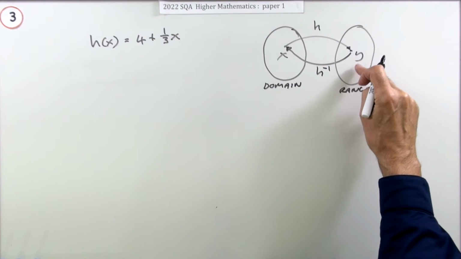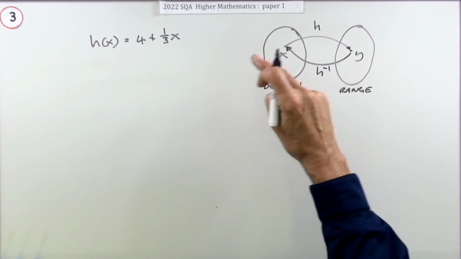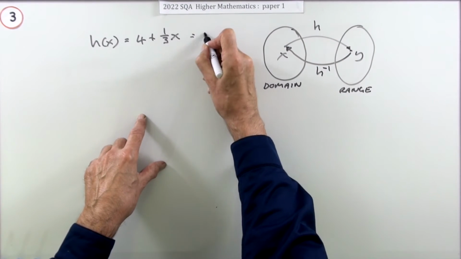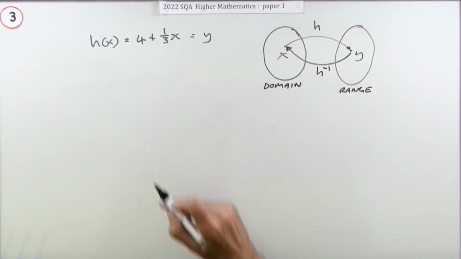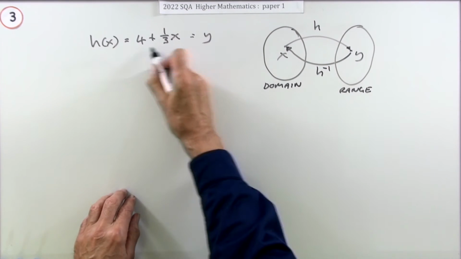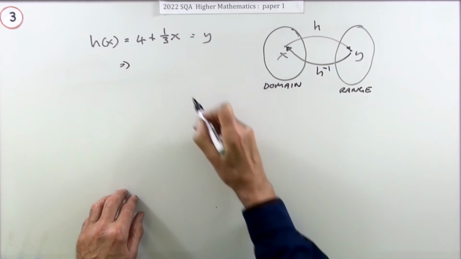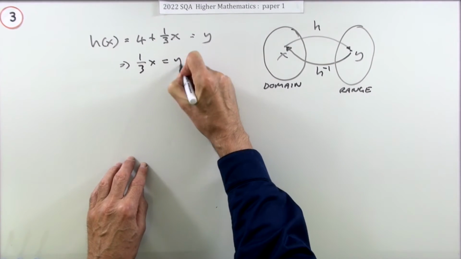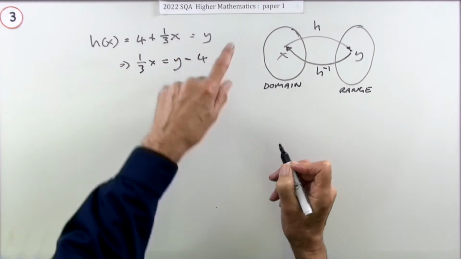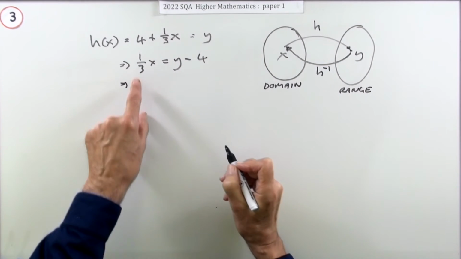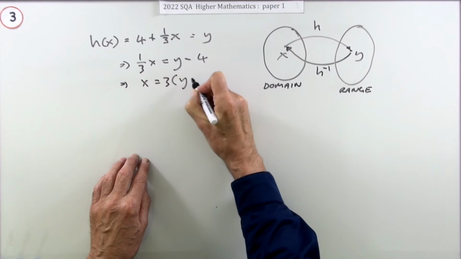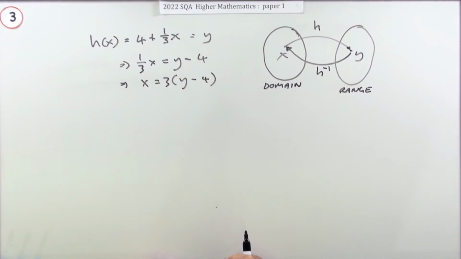Well, one way is to find y, just write down the steps that it took to get there, which were these steps. h of x equals that, which equals y. So I've got this to rearrange. Starting from that line there, I can just say, well, take the 4 across. I'd rather take the 4 across than multiply everything by 3, because then I just have to take the 3 across once and do 3 times the whole lot, which is what we said. How do you undo it? Take off the 4, multiply the whole thing by 3.